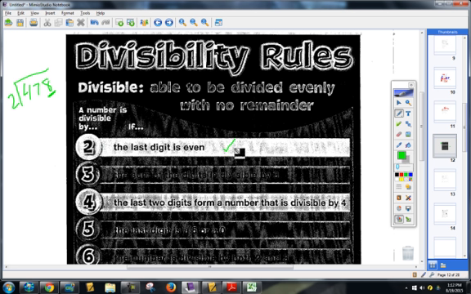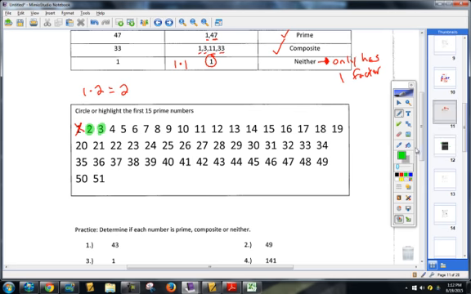These are the divisibility rules that you need to learn. You're going to use them a lot, okay? The last digit is even. Okay, if it's even, it is not a prime number, except for the number 2 itself. Every even number after 2 is going to be composite,